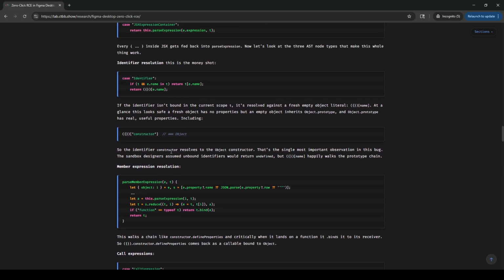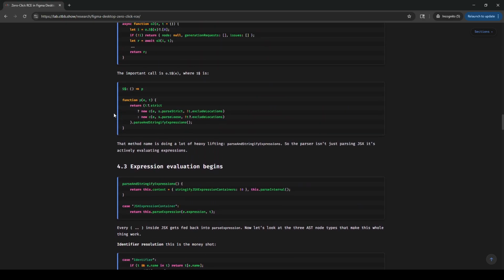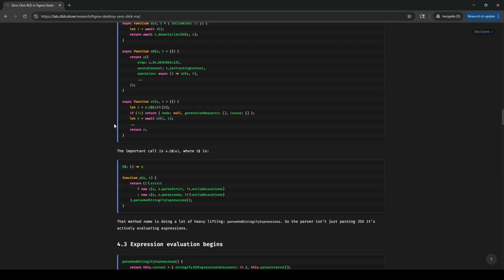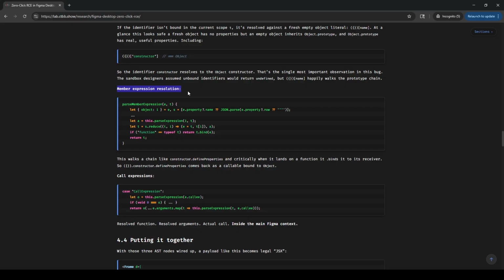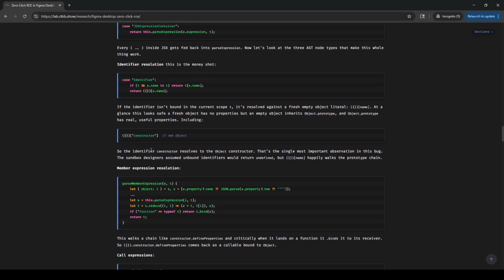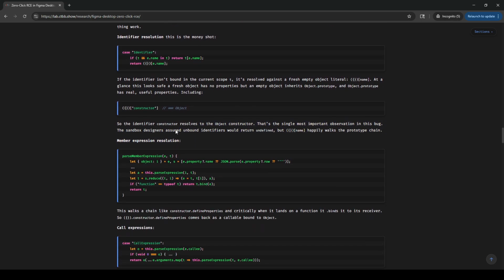That's expected behavior. I don't know why the sandbox designers weren't thinking about it; I don't think JSX was supposed to be exposed to this. How did they even do it? I don't know. Member expression resolution. So the problem here is that the Figma app lets you have JSX get evaluated over the bridge. That's the problem. You cannot have JSX evaluation and do it safely. Sorry. Go do it in a sandbox. Right. So anyway,